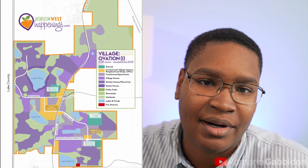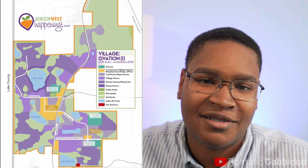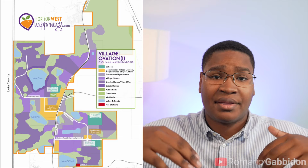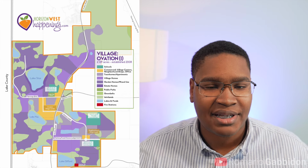And we're heading over to, kind of sad to say, but the last village getting built out in Horizon West, which is going to be Village I, also known as Ovation. Ovation is the village furthest south in Horizon West, and so it's really going closer to that 192 area the further south you get. But this is going to be, as you could probably expect, the least developed area in Horizon West so far,